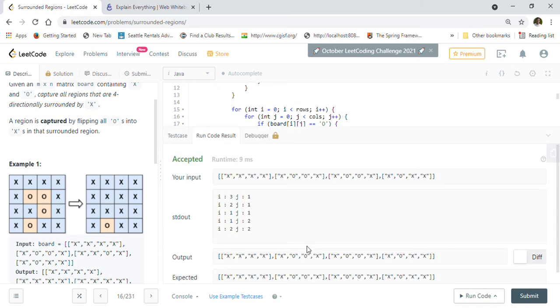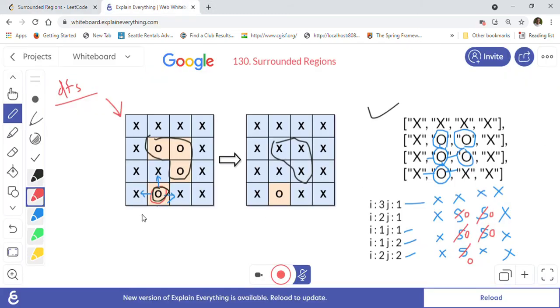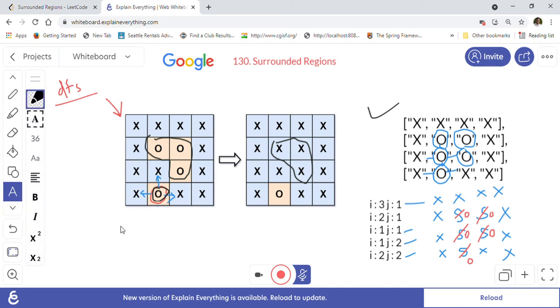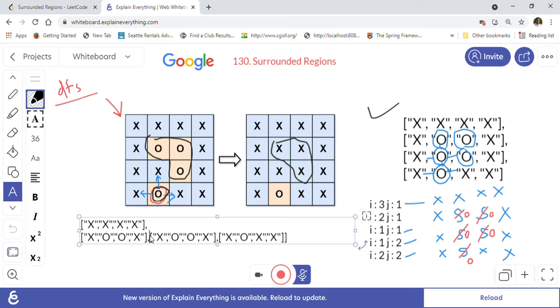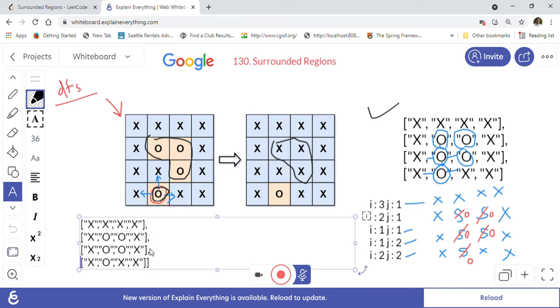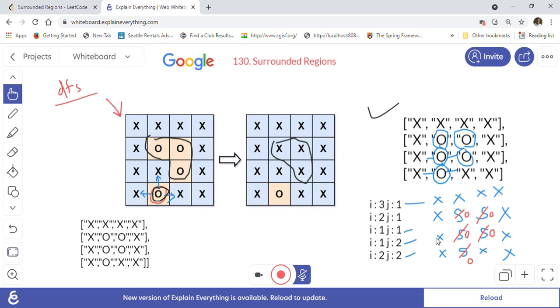So that's why when you look at the answer now, this is our output, right? I'll just copy this output here, so we can compare quickly. So this one is the first row, this one is the second row, this one is the third row, and this one is the fourth row of the output matrix now, right? So as you can see, this matrix that we were talking about and this matrix are the same, right? This matrix, O O O O O. Here also O O O O O.